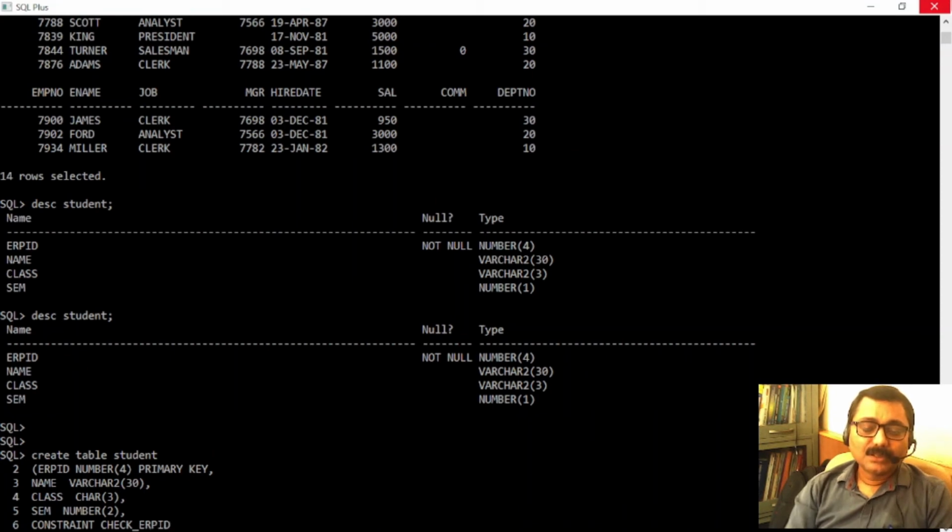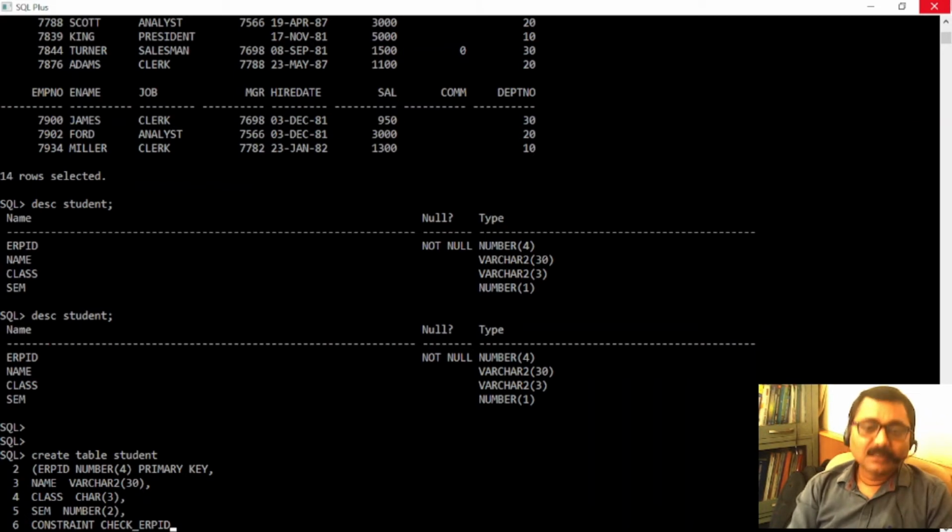ERPID. The example which I have shown in the theoretical part is slightly different. There I have taken some other table. Here I take some other field, to have variety. It's not that whatever I discussed in the theoretical part or in the slide section, the same I am taking. So you can take any; you have to have flexibility.